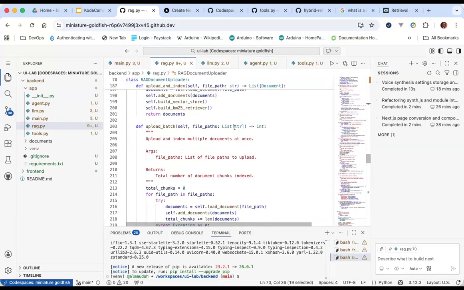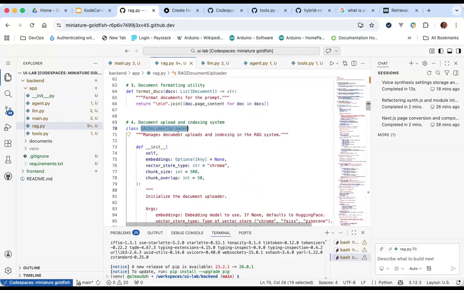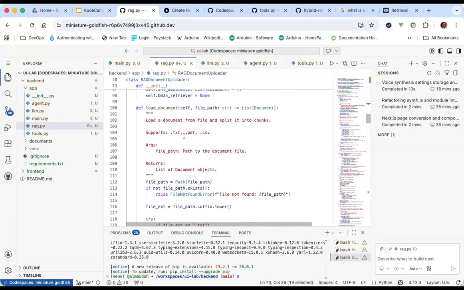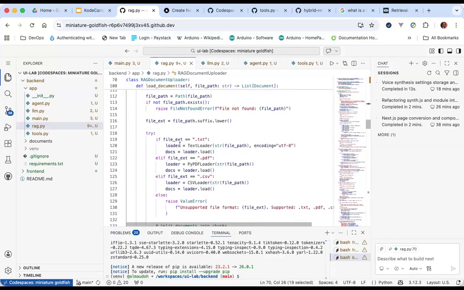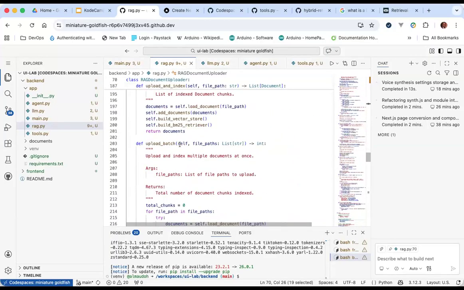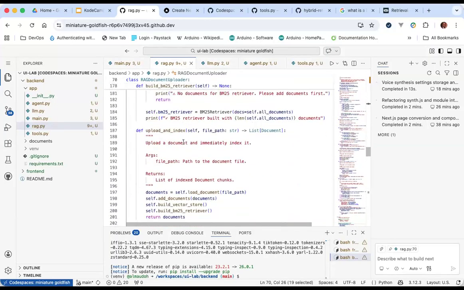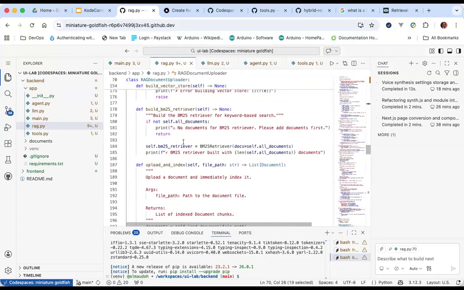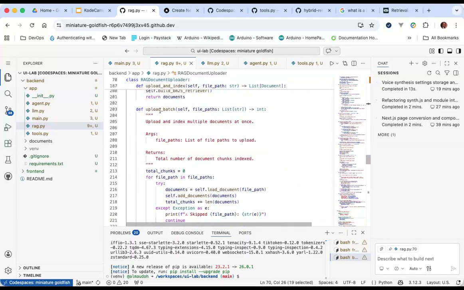We have upload batch. Load documents loads a single document, but it's part of the loop. So what we should have is upload batch. So the way we will implement this is